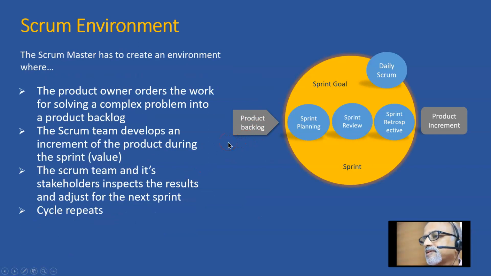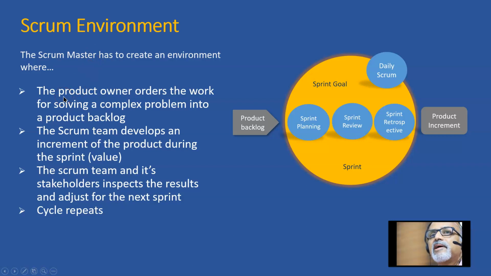Then the Scrum Master. Yes, the main role of the Scrum Master is to create that Scrum environment, because when you implement Scrum new, there is always a tendency for it to get derailed. So we'll start with Scrum, and after some time it will not be Scrum, it will become something else. But then it is the Scrum Master's responsibility to ensure that the project is following Scrum, and for that he has to create the right environment.